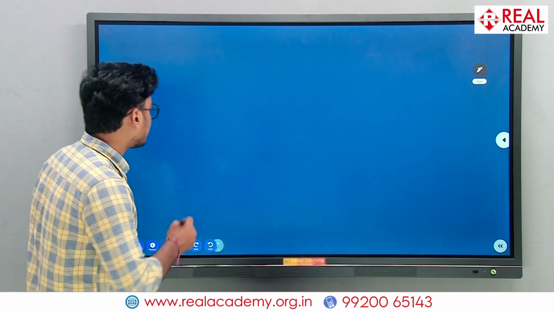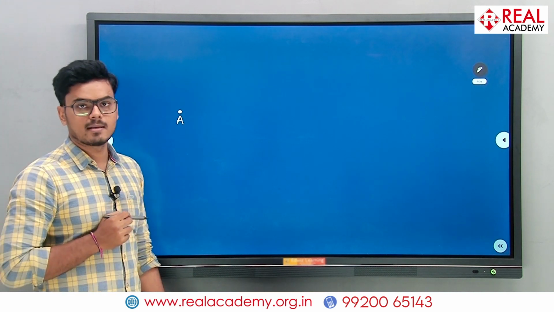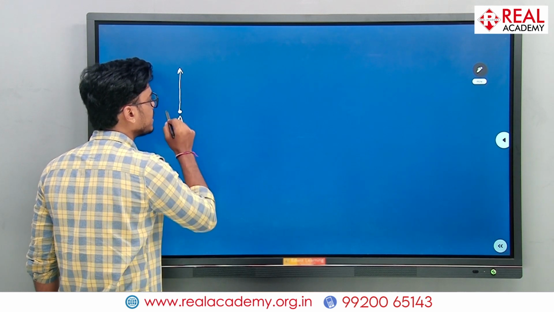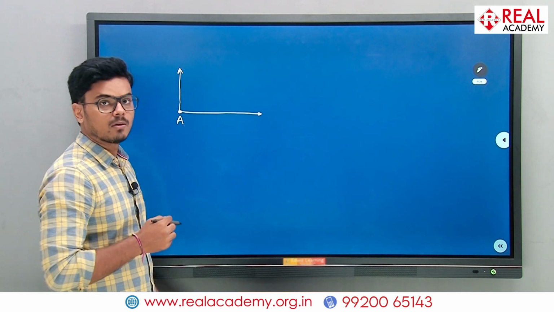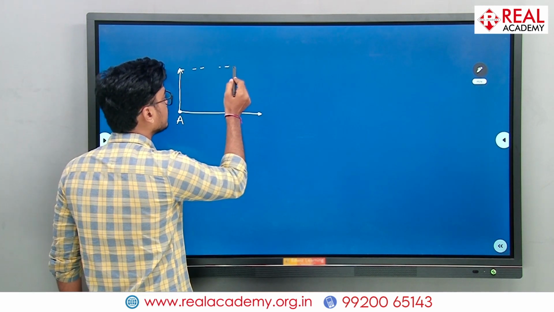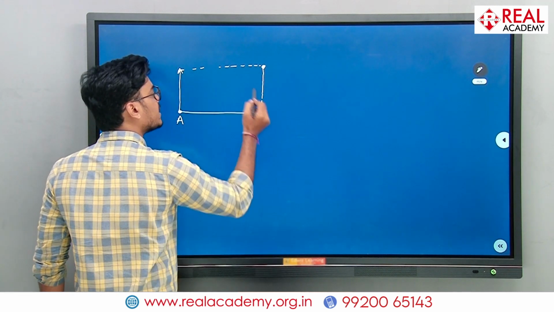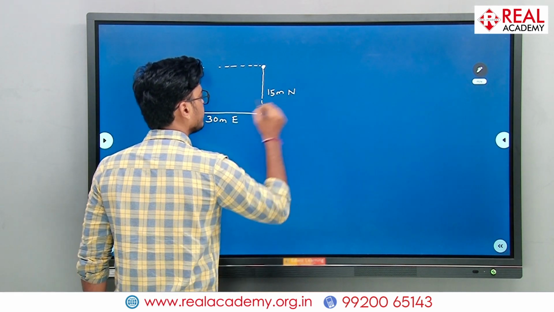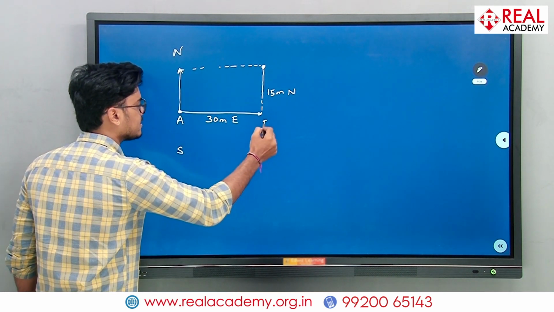So imagine there is a point A where you live, this is your home, correct? And then 15 meters to the north and 30 meters to the east, your friend lives. This is the house of your friend, 15 meters north, 30 meters east. So this is the north direction, this is the south direction, this is the east direction, and this is